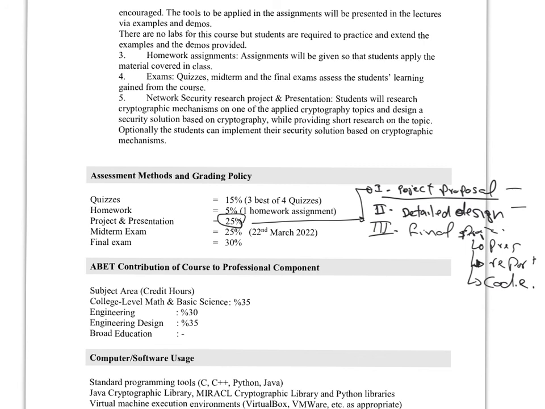For that same reason, we also have the midterm. Usually the midterm covers the first 50%, and the final covers maybe 60, 70%. So we'll see. But I can tell you from now, for example, the introduction part is definitely not part of the final. The first 2 weeks are not going to be a part of the final exam. That's for sure. So starting from the third topic, which is